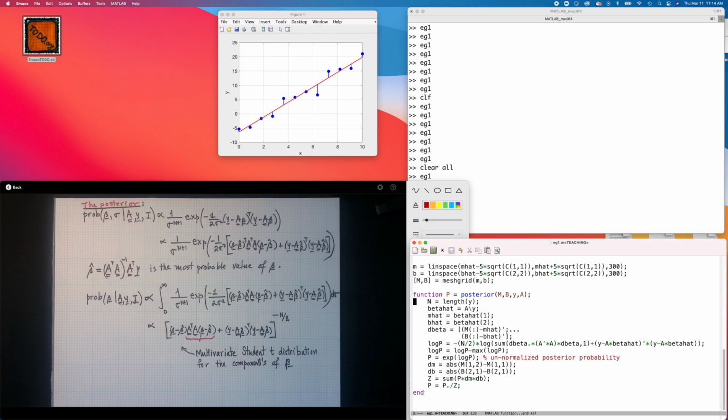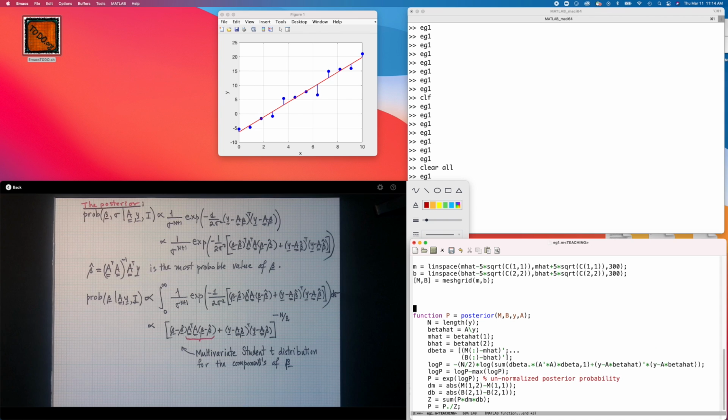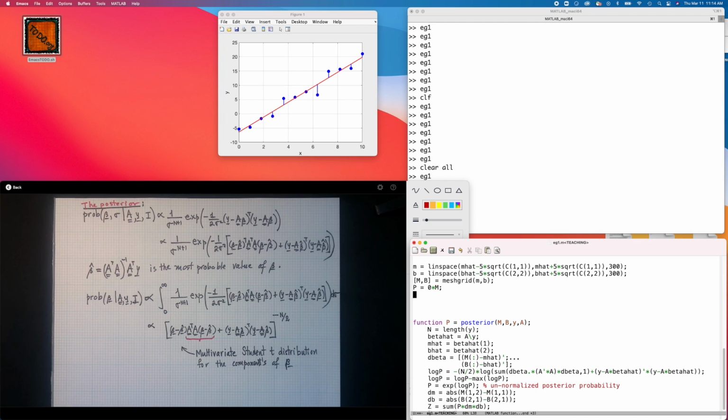And then over here, to call this function, I'll first initialize p to be the same size as m. I can do that just by multiplying b by m. And p is equal to posterior of m, b, y, and a. Let's see if that works. Probably not, but